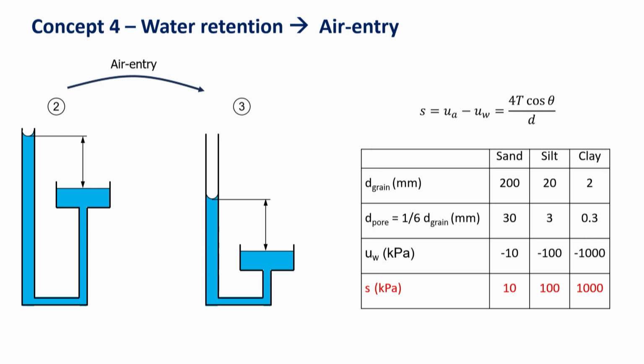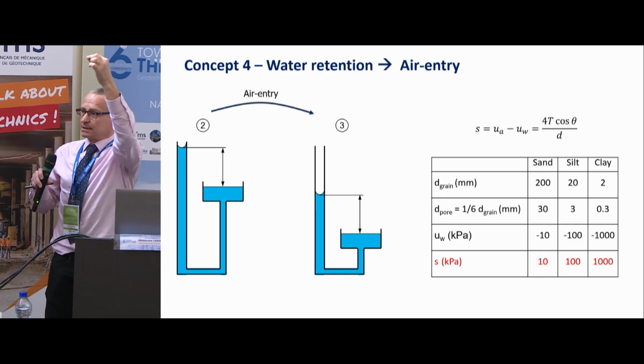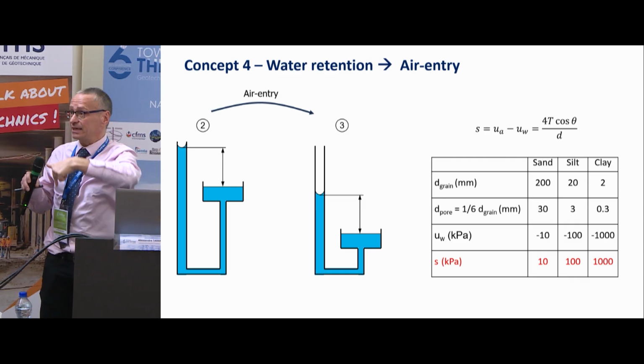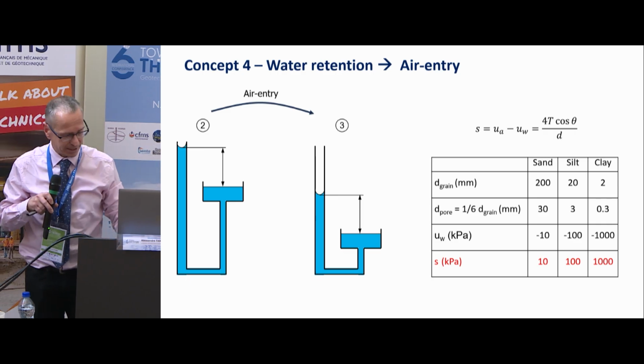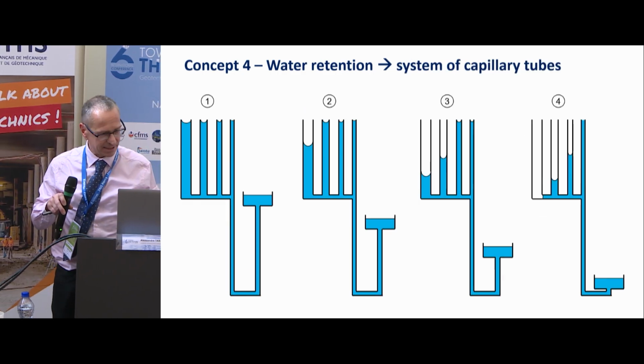Now, we are engineers, so qualitative is not enough. We need to juggle orders of magnitude, because our qualitative understanding is passing through orders of magnitude. Dimension of the grain: sand, silt, and clay. Dimension of the pore: 1/6 of the diameter of the grain. The air entry suction is 10, 100, and 1,000 kPa when moving from sand, silt, to clay. So we should expect that when the suction goes to 10, the sand starts desaturating, so you have the air entry, and then 100 and 1,000 for the clay. Let's keep this number in mind, and let's move on.